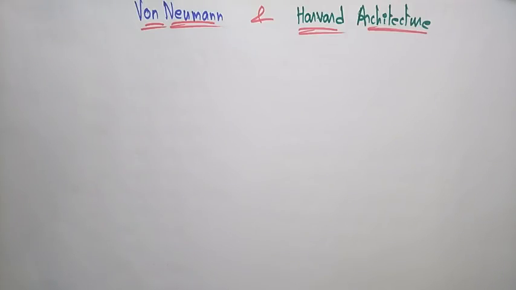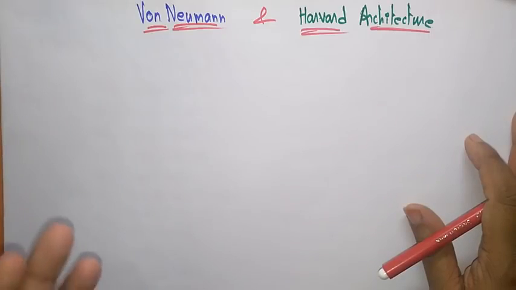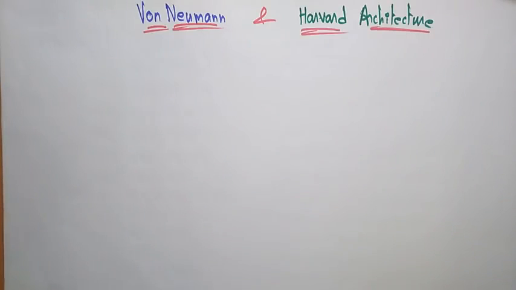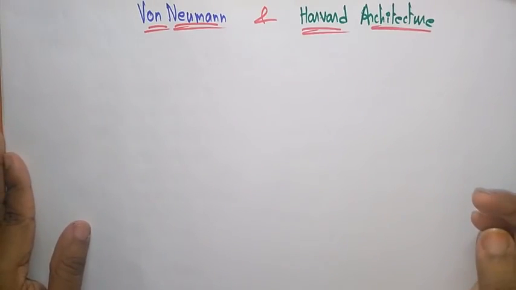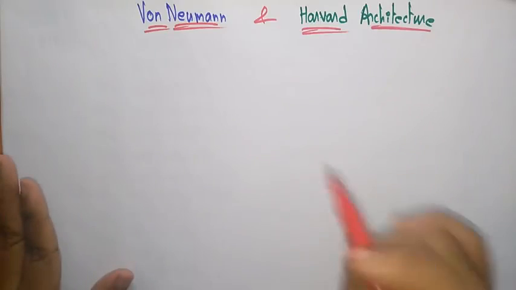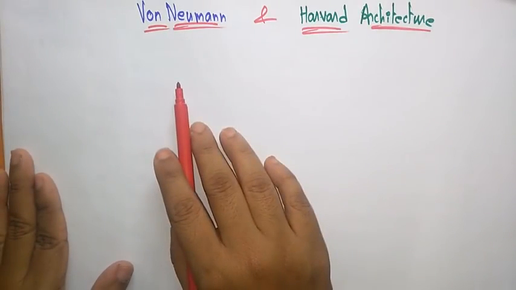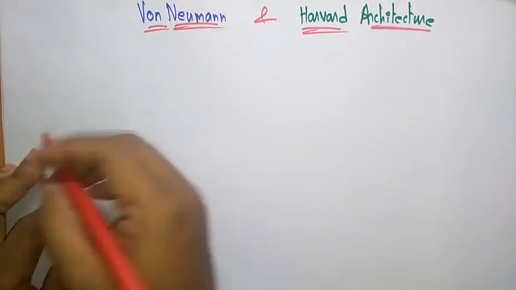Hi students, welcome back. Let me explain the next topics in embedded systems, that is the von Neumann and the Harvard architecture. What are these two architectures? Actually, for the embedded system architecture, there are two different types. Whatever processor or microcontroller you are taking, that complete embedded system architecture can be categorized into two types: one is Harvard architecture and another is von Neumann architecture.